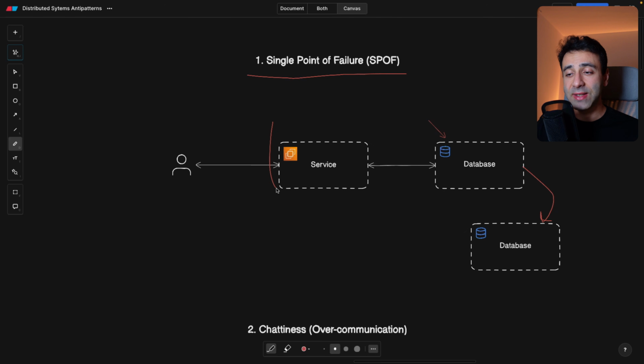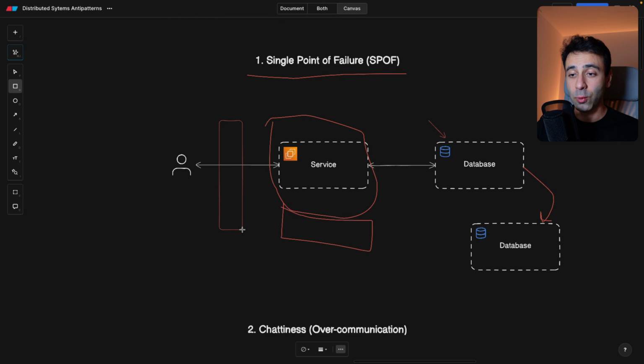And the same applies for normal services that are serving the requests, meaning try not to have only one service, but try to have two services at least, and do load balancing. Load balancing obviously will be done with a separate component that's called a load balancer, which is going to distribute the requests to either of the services based on how busy they are at the moment, for example.